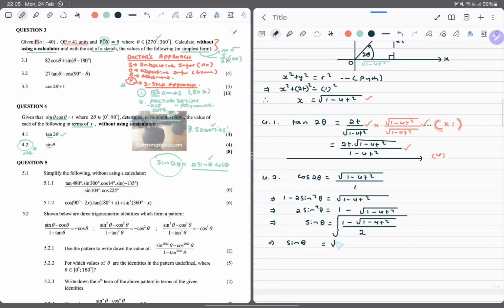Okay, let's do this nicely, guys, without rushing anything. So this is 1 minus the square root of 1 minus 4t squared, all over the square root of 2. So we need to rationalize. This is why this question is no walk in the park. So what do we get? This root 2 multiplies here. Multiplying by root 2 is the same as multiplying the 2 inside the square root. So this is going to be the square root of, multiply by 2, there we get 2 minus,